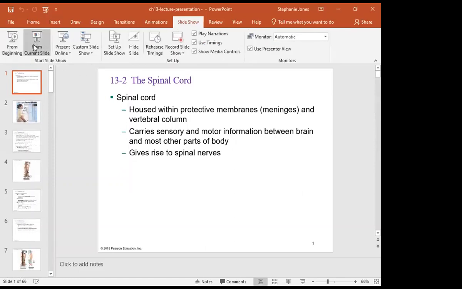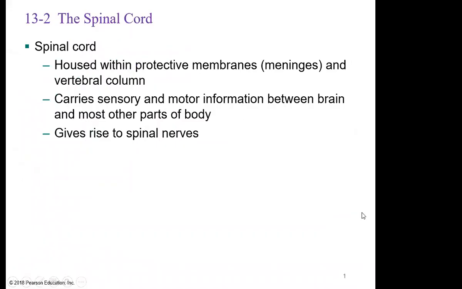So for the spinal cord, obviously this is going to be in the back, right? A lot of people will say backbone. We're not talking about the bones. We're not talking about the vertebra. We're going to be talking about the actual cord, which is the neural tissue. So the spinal cord is housed within the backbone or the vertebral column or the vertebral cavity, whatever verbiage you